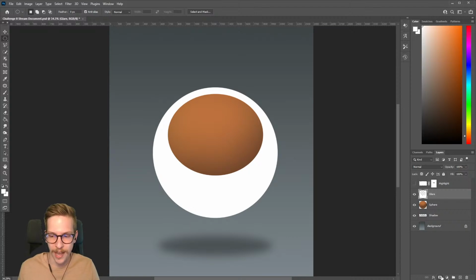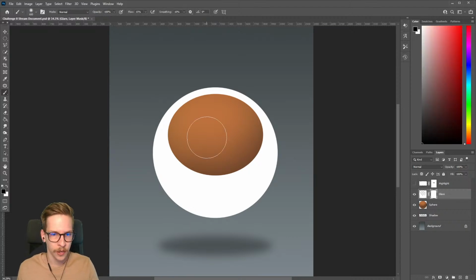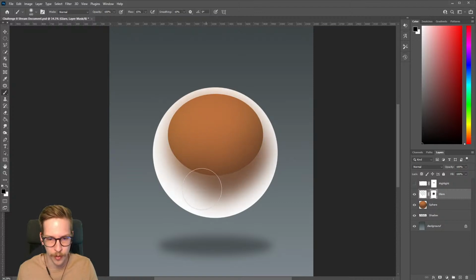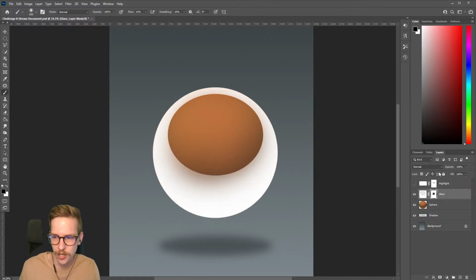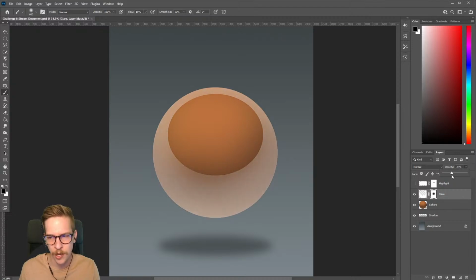From here, we can mask that as well. Get back to our soft round brush, and I want to just soften the edges around the center. This seam around the center, I don't want it to disappear, but I just want to soften it a bit and keep it most prominent around the edges. Actually, it might be easier if we lower the opacity first to the effect that it's going to be. So I'm going to take this to around 30% opacity, and that allows us to see how it's going to appear